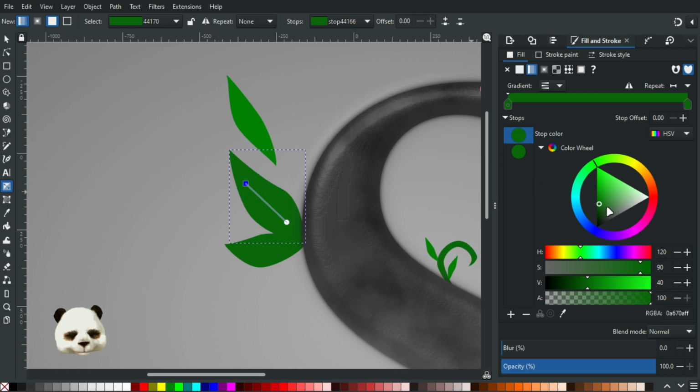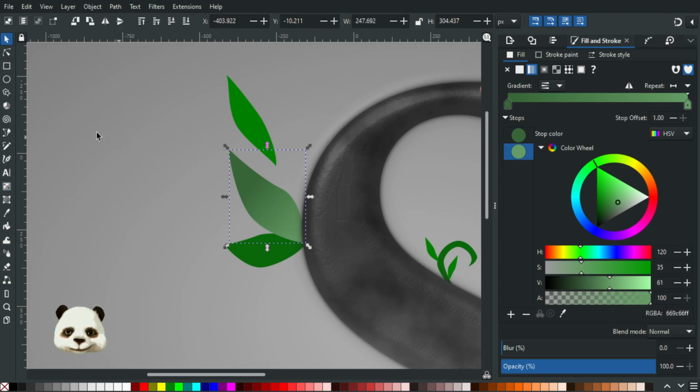Let's do some more desaturated. Oh, sorry. Selected. More desaturated and a bit more like this, and maybe this one lighter and desaturated, like so. Okay, now if we move it back,